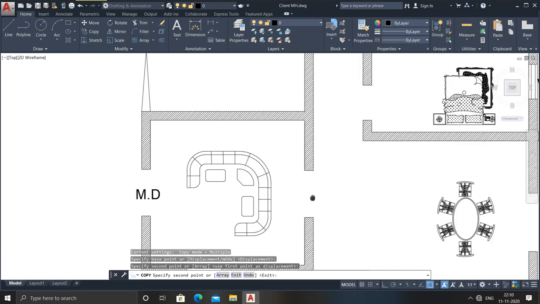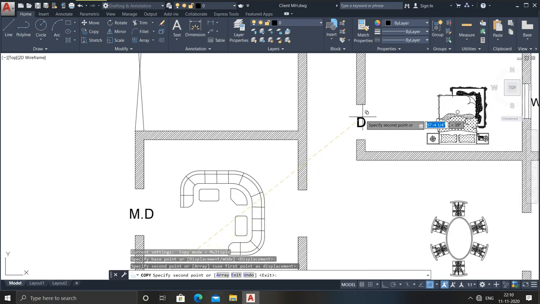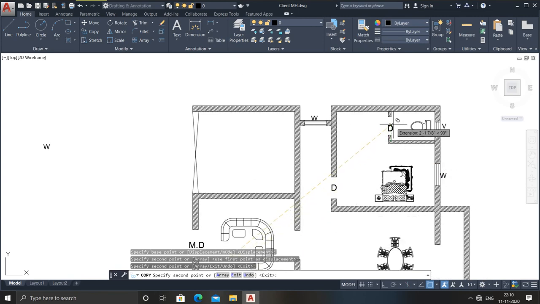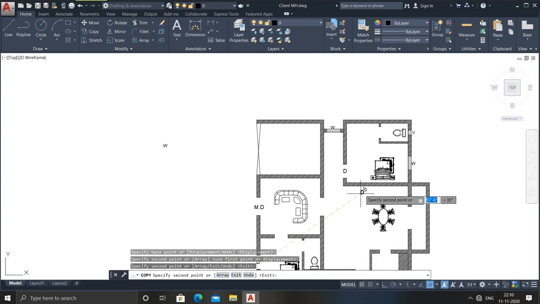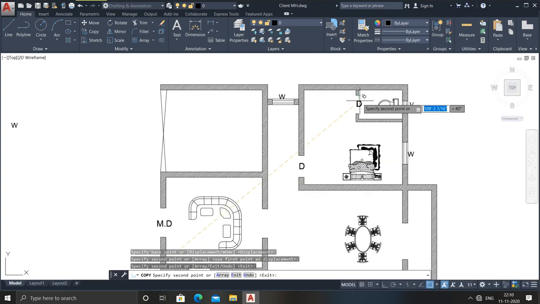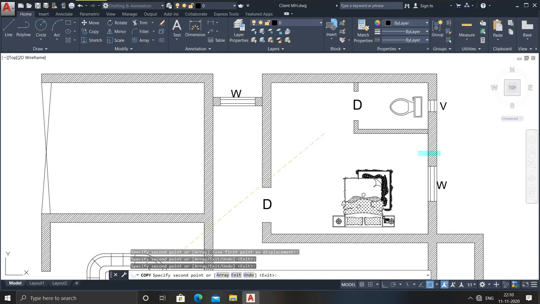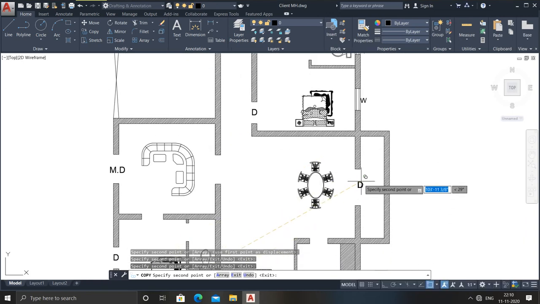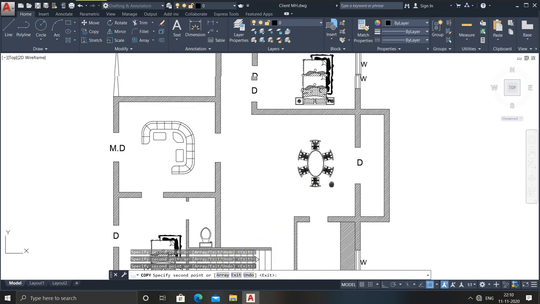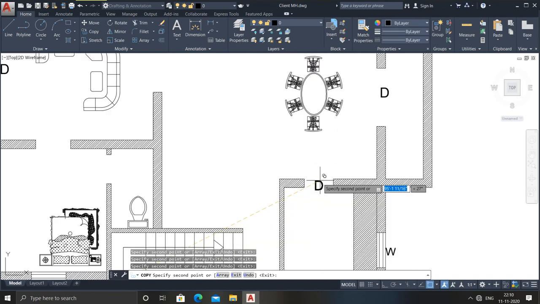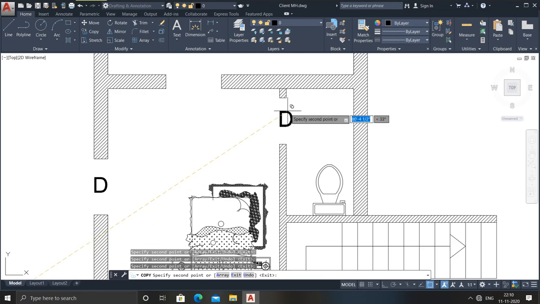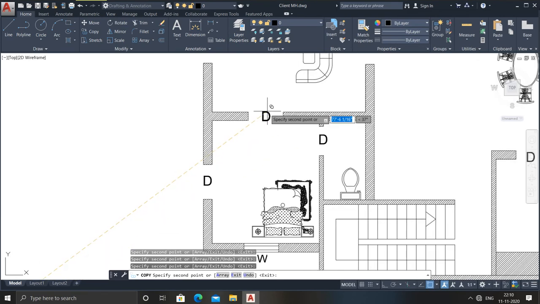If you want to place a door here, that is good, but if you do not place a door, if you want to leave it here as openings, that will be better. So do whatever you want. This is also your main opening, or you may consider it as your doors. Here the door which I have placed. Here also the door. Here also the door.